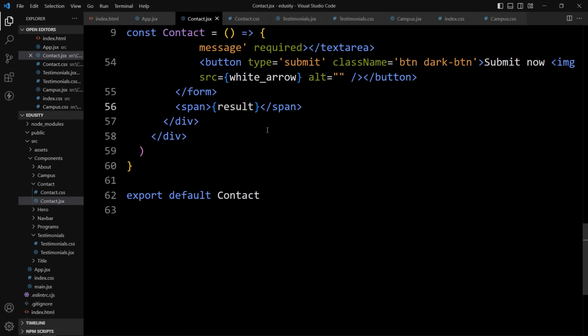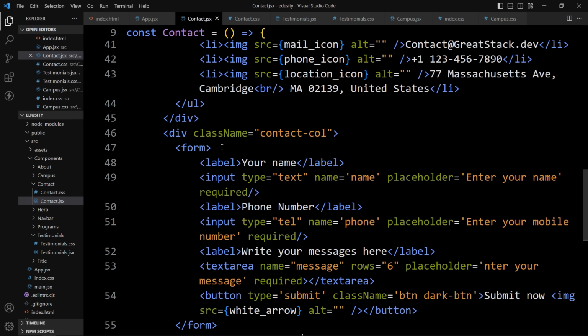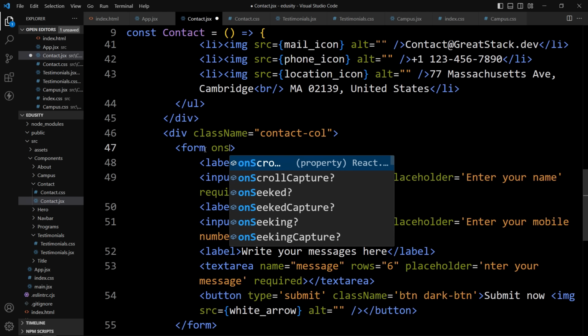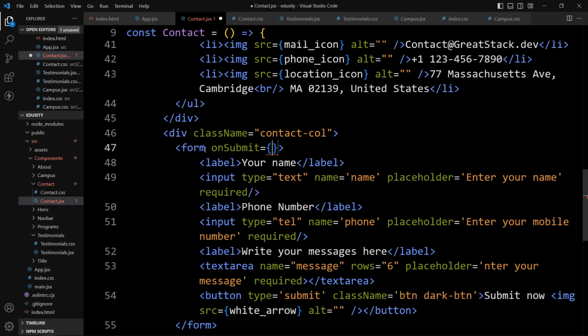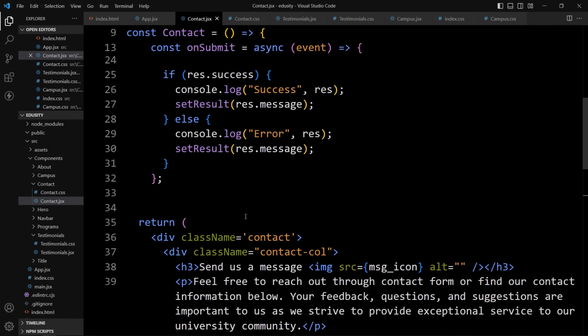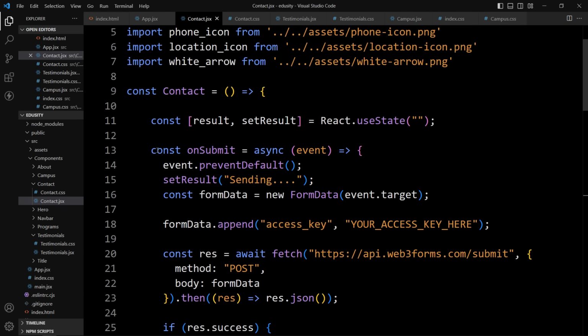That's it. Now here we have the form tag. So in this form tag we will add onSubmit, curly braces and again onSubmit. That's it. So when this form will be submitted, it will execute this onSubmit function, which is an async arrow